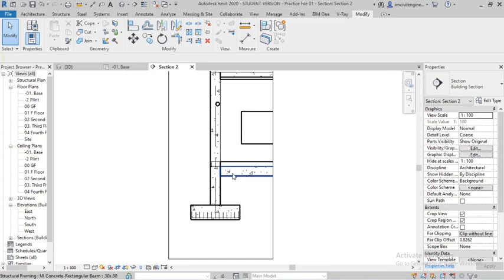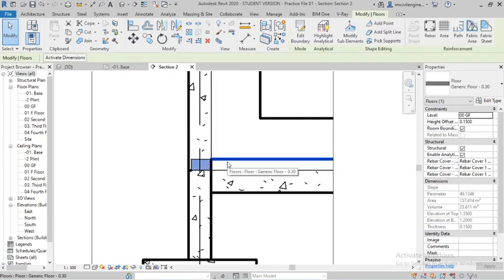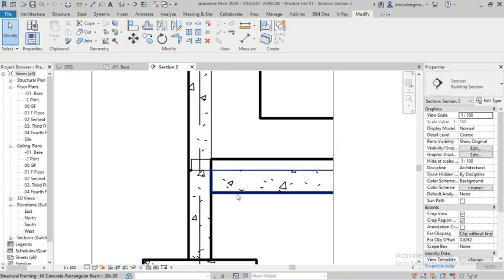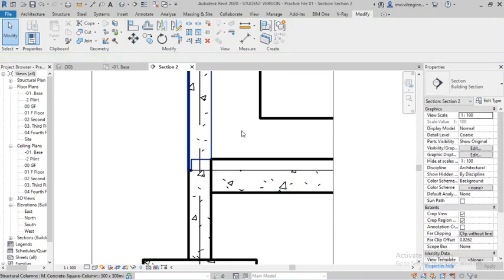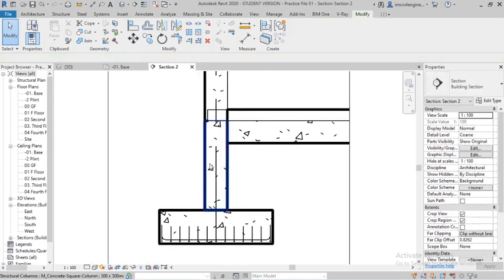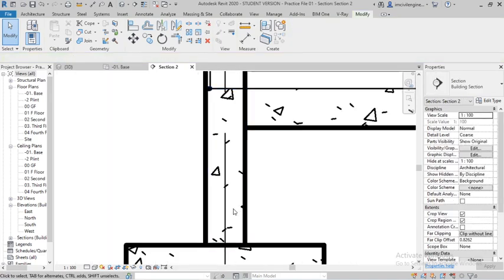So here the beam is also there and the flooring is also there. Okay. Here you can see it's a flooring material and the beam. You can see a rectangular beam and it's a column and it's also on the column. Now if you place the rebar here, from here to here it will be taken. Okay,